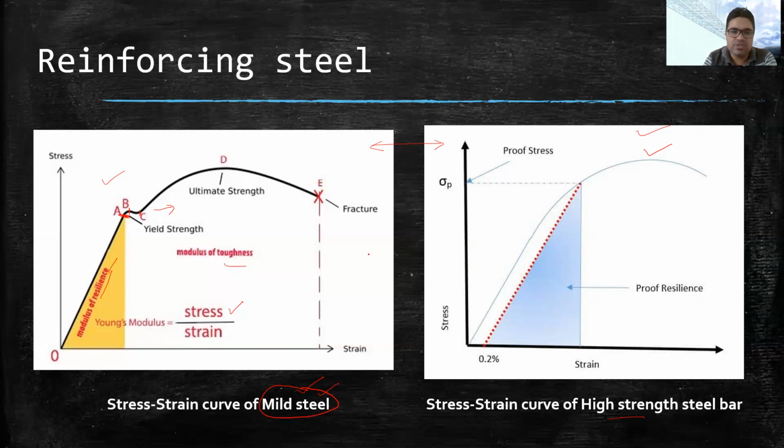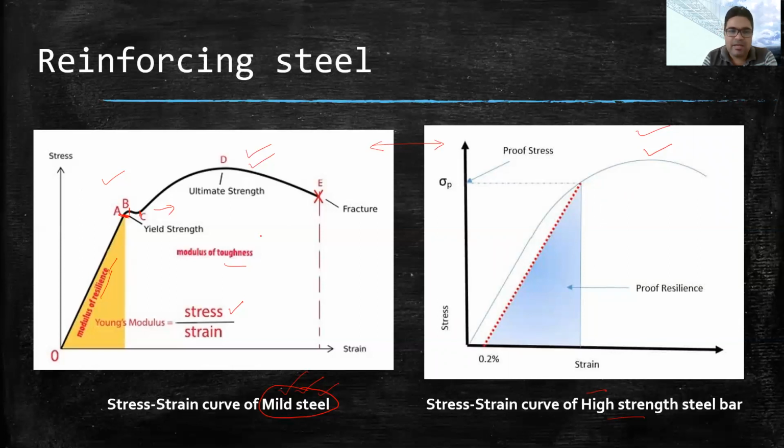There you can see the curve. The larger the curve, the higher the ductility of the steel. So the curve is large in this case, and that is why we say that mild steel is more ductile than the high strength steel. But at the same time, high strength steel has higher strength. I mean, it can take more stress before failure.